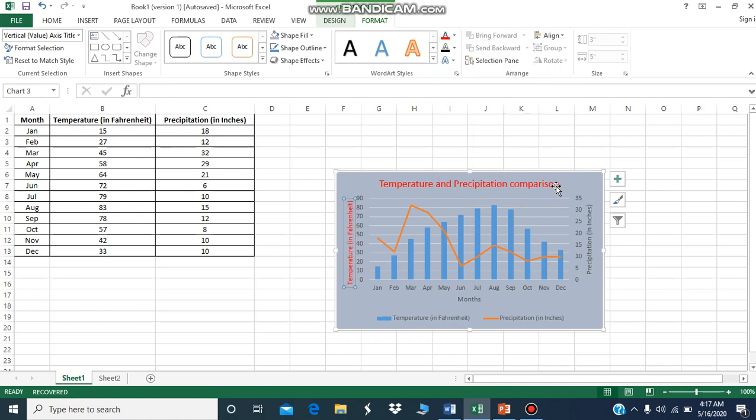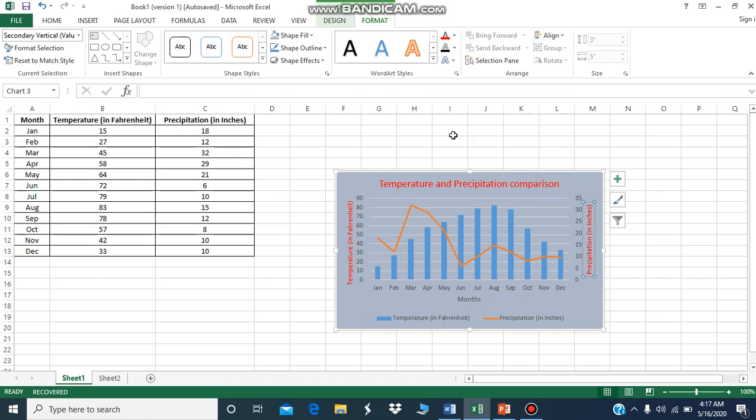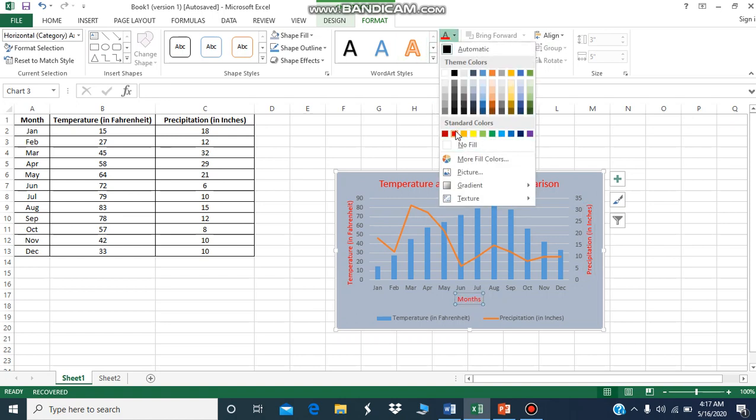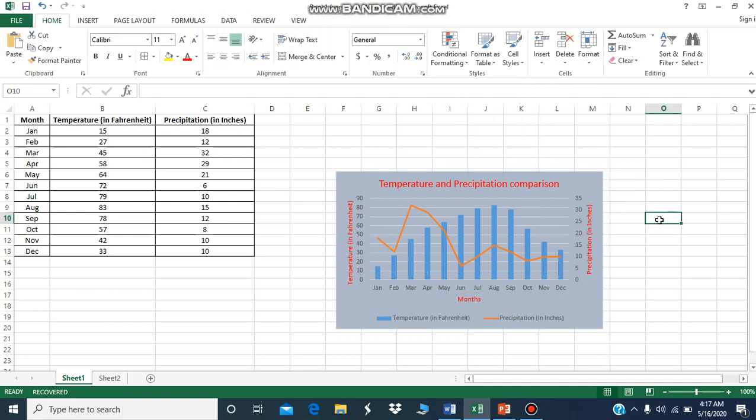Color it red. Now you can see a text fill is also given to the text and titles.